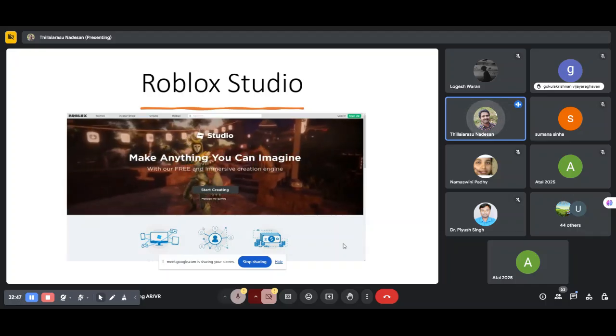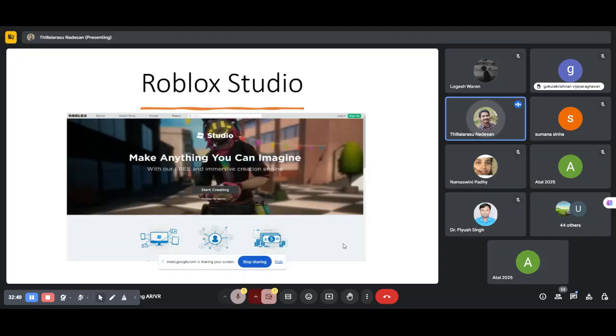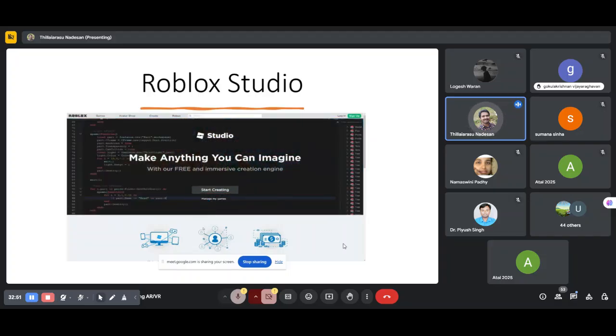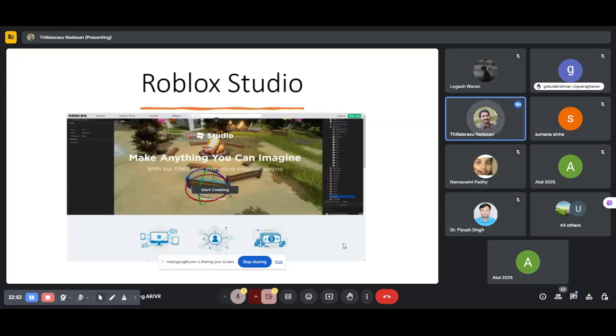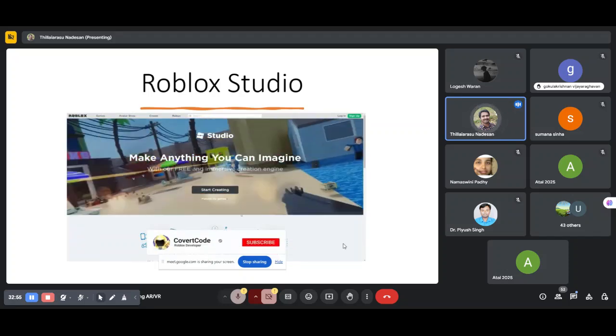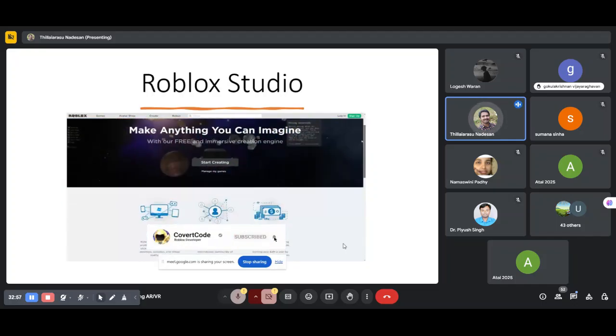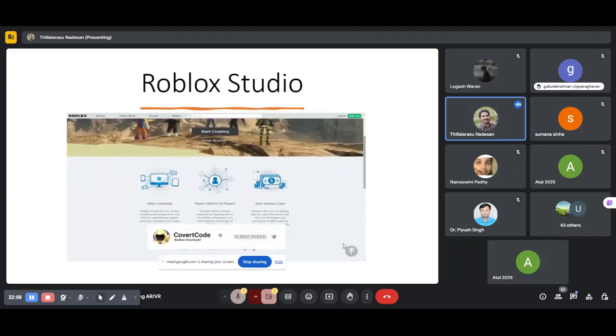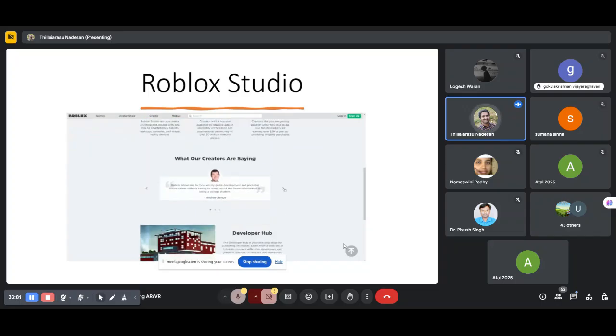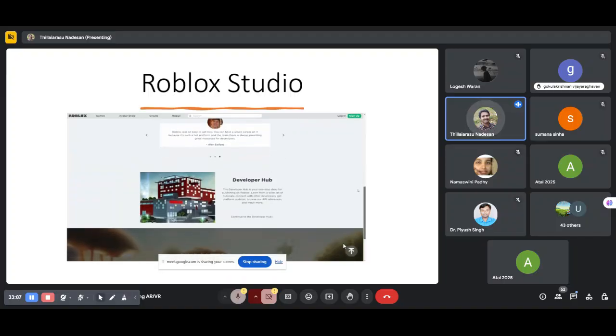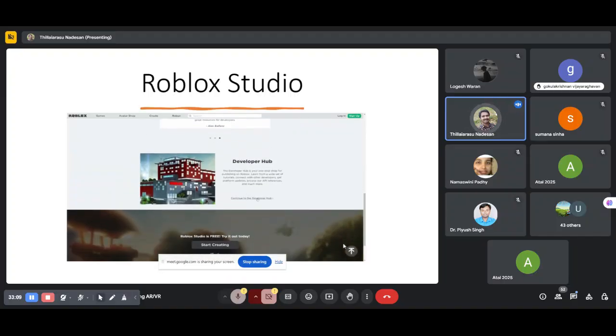Now, the first thing you actually need to do is download Roblox Studio. So I have a link in the description below taking you to the page I am currently on. This will pretty much show you a summary of Roblox Studio, what you can actually do with the Roblox platform, and a few quotes from some famous developers who have actually had a lot of success. And this is the wiki link. So if you have any questions about Roblox or the API, this is where you'd go.